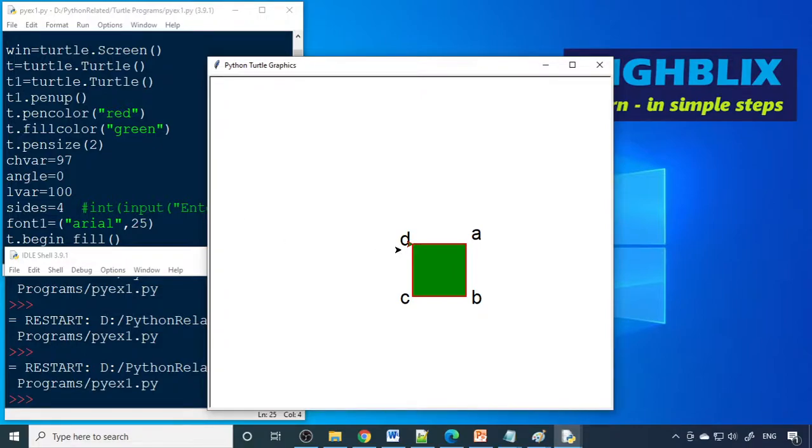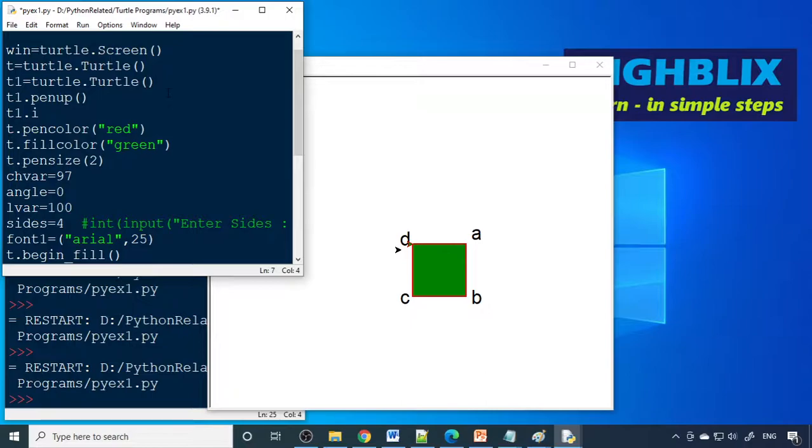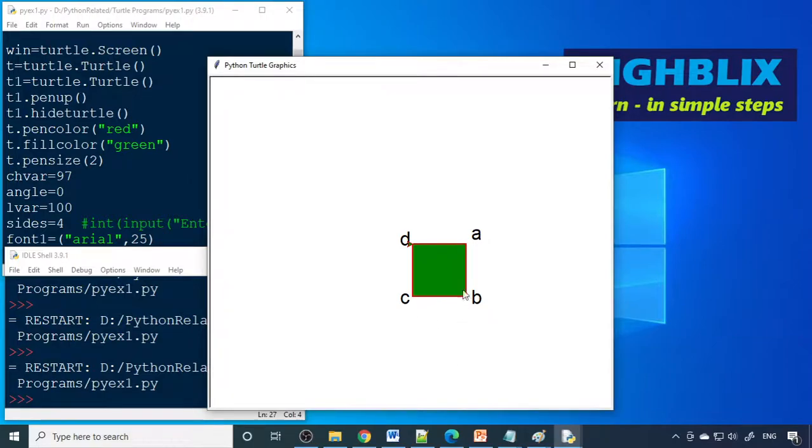And we don't want this turtle also. So you can write T1.hideturtle. So now we don't have the turtle. It's printing A, B, C, D. So somewhat it's okay now.